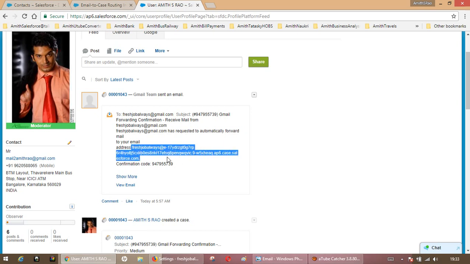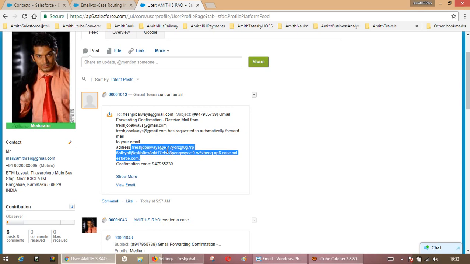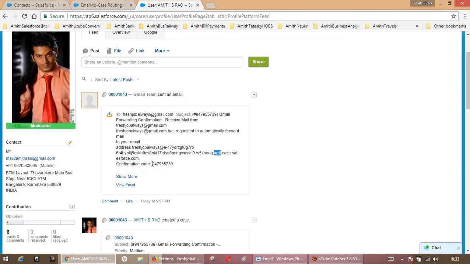So this is nothing but the code which is the same as resembling from this. Can you see this? E-17YDR, and the server is AP6. You can see this AP6. So it is the same confirmation. You can copy this confirmation code